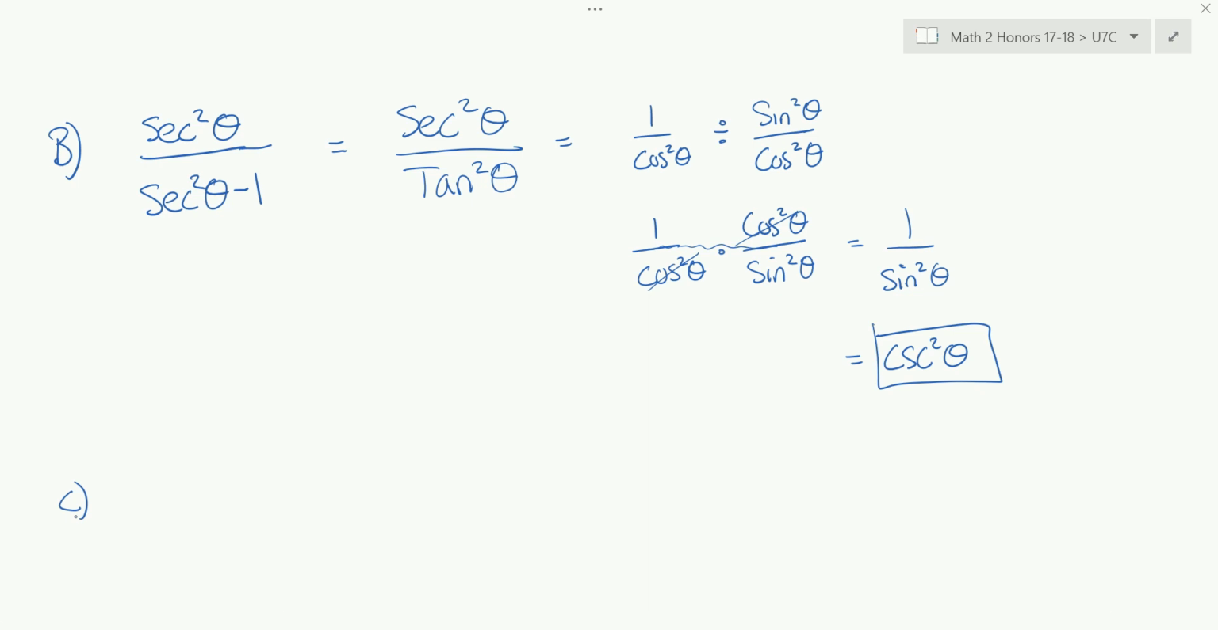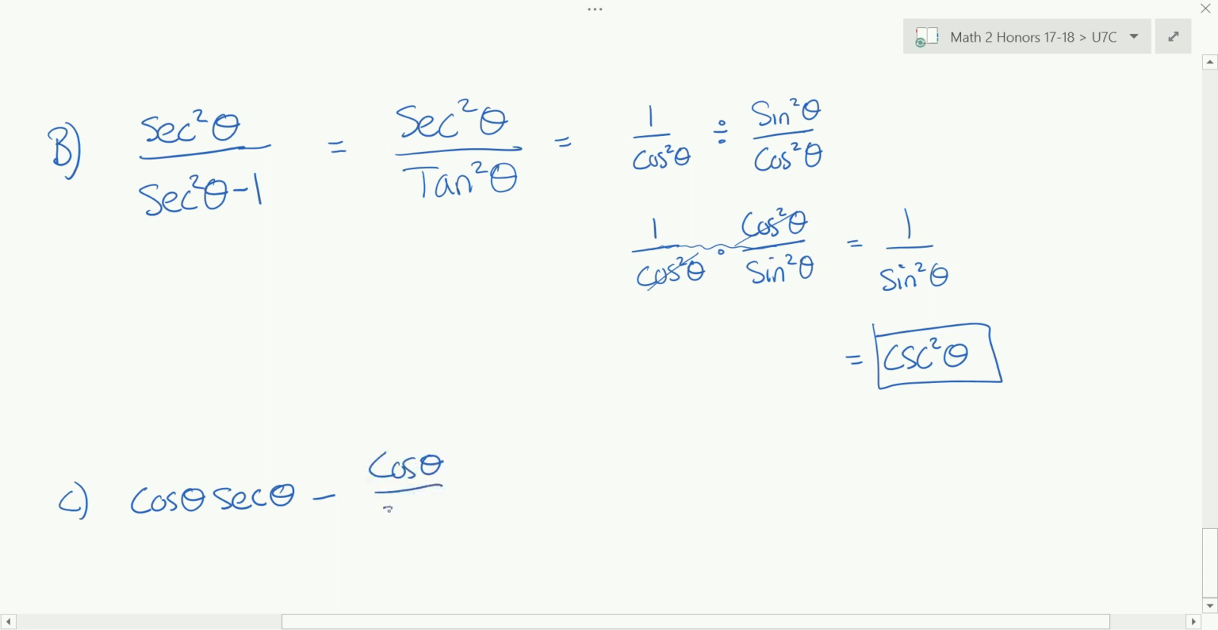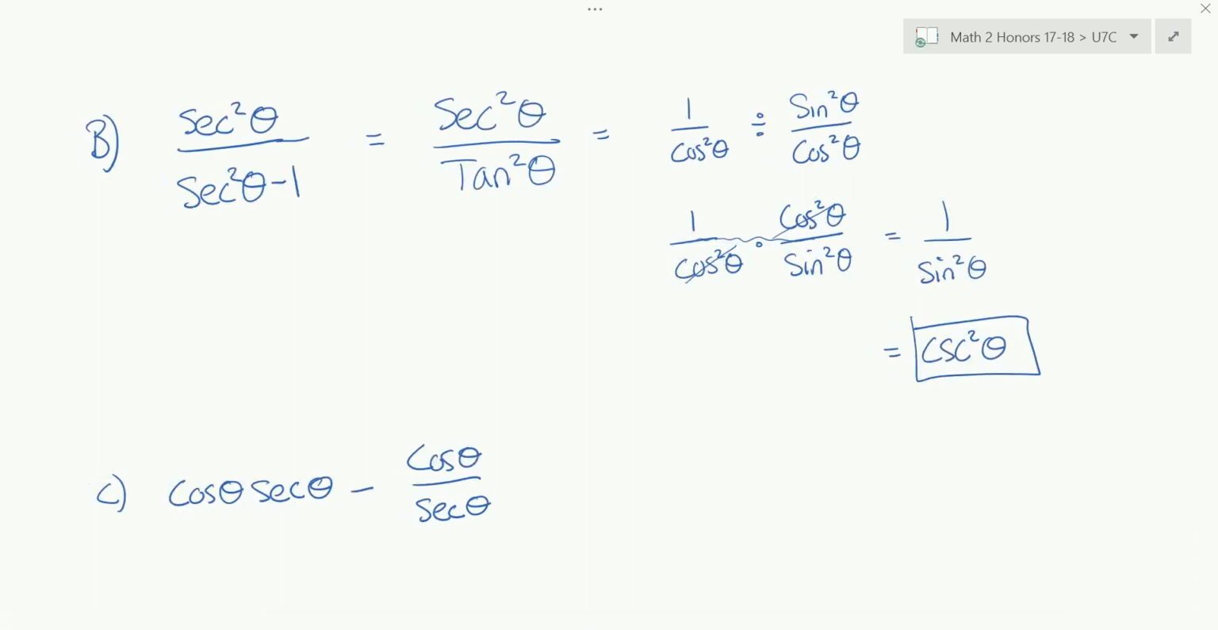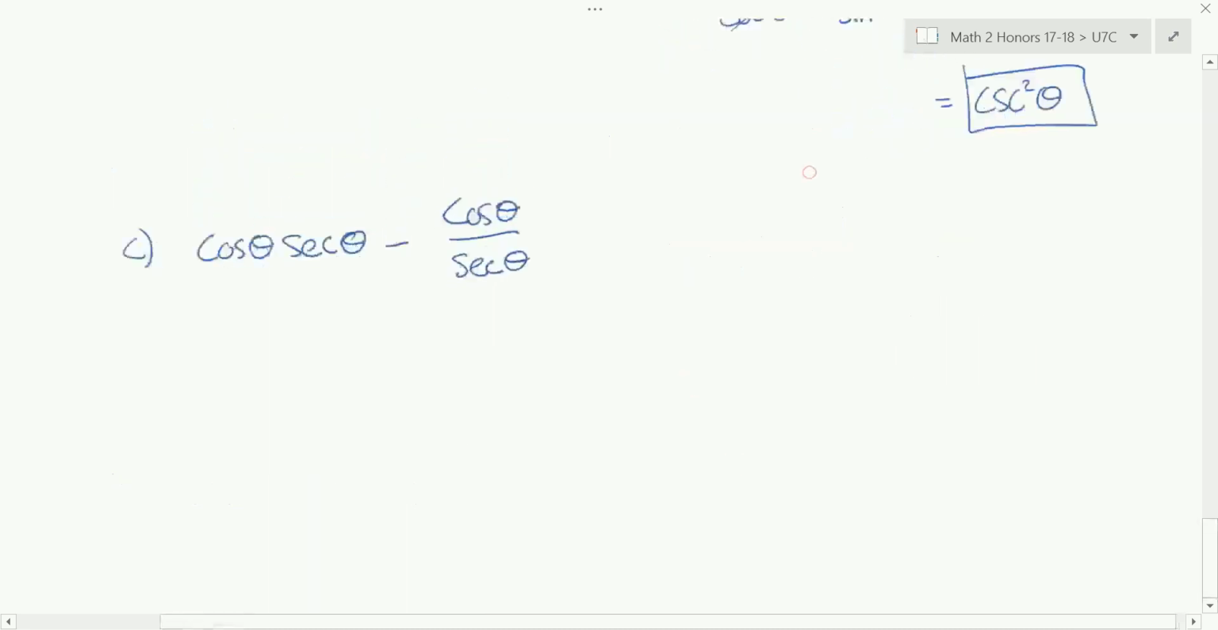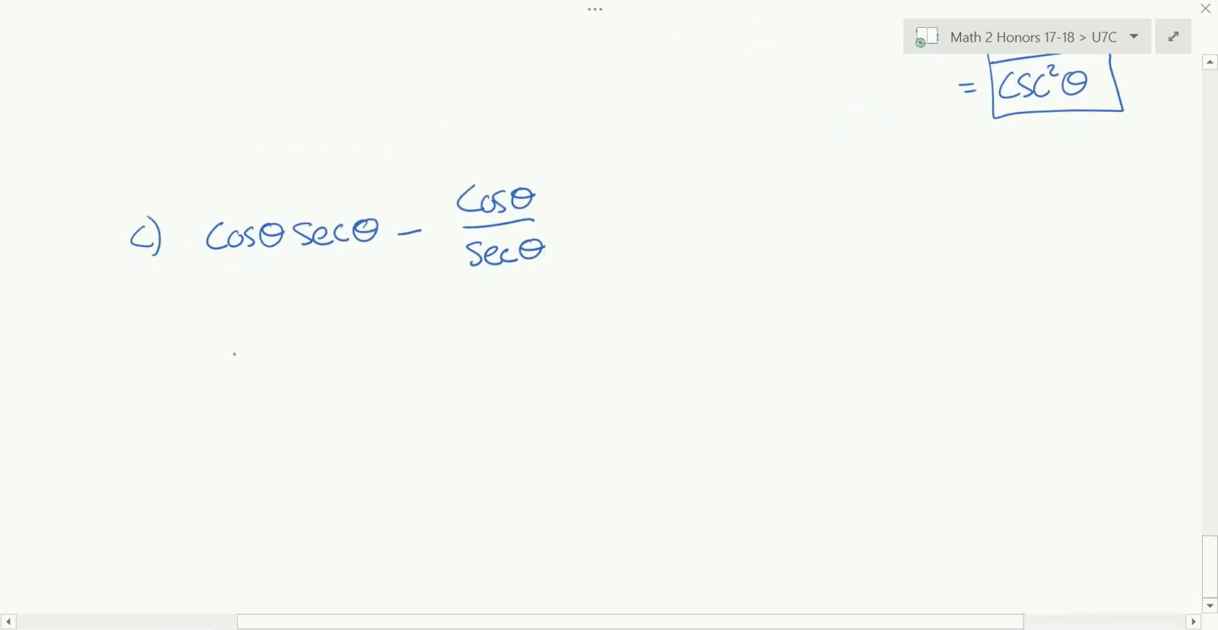The cosine of theta times the secant of theta minus the cosine of theta divided by the secant of theta. Simplify that. Okay, so here there's nothing squared at first. And so our technique is to get everything in terms of sine and cosine. And so cosine's already in that form. Number 1, secant is 1 over cosine